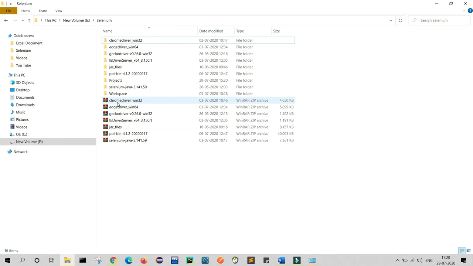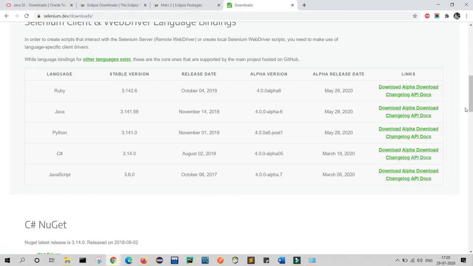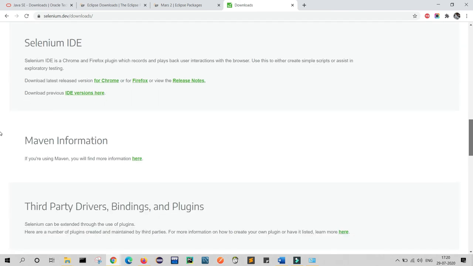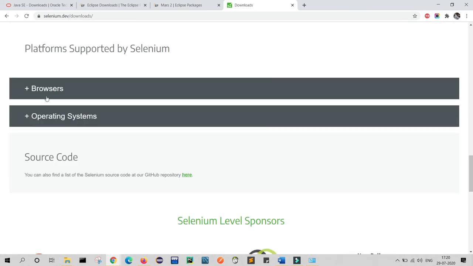Like for Chrome browser, I have downloaded Chrome driver. For Firefox, I have downloaded Gecko driver. For Microsoft Edge, I have downloaded Edge driver. Similarly, for Internet Explorer, I have downloaded Internet Explorer driver. All the drivers you can get here. Just scroll down. Here you can see browsers.